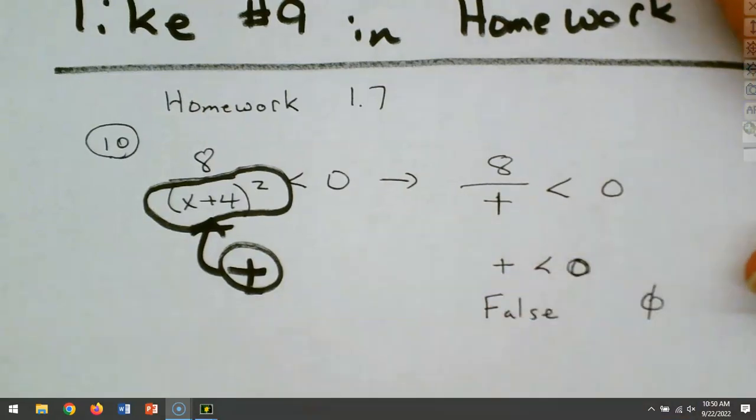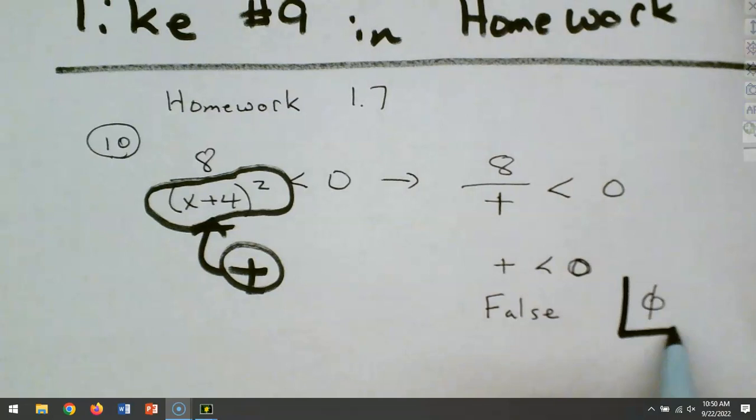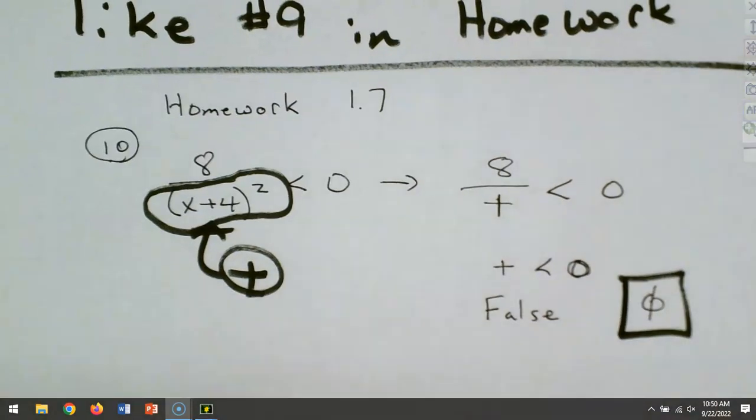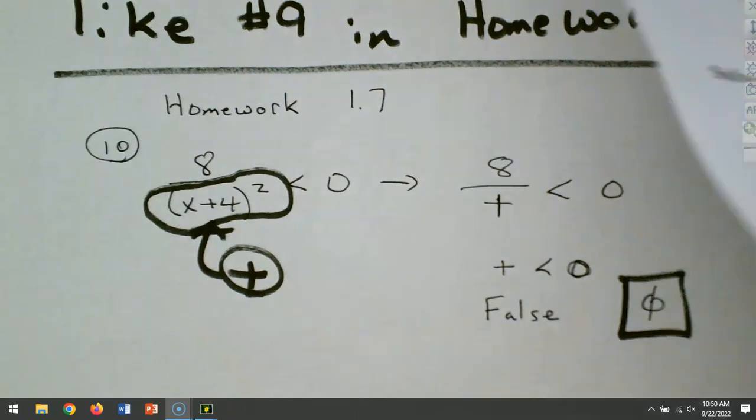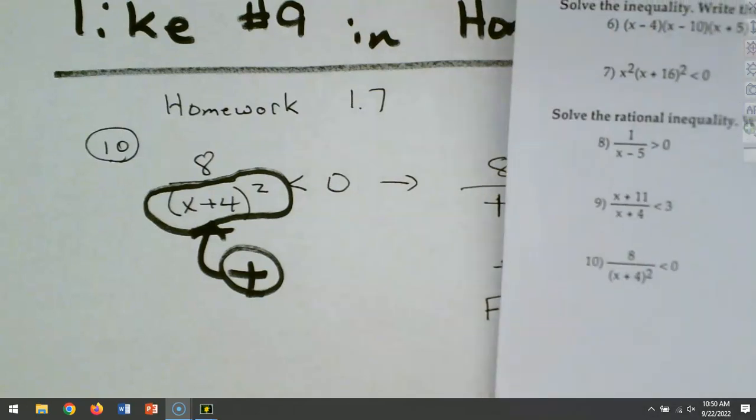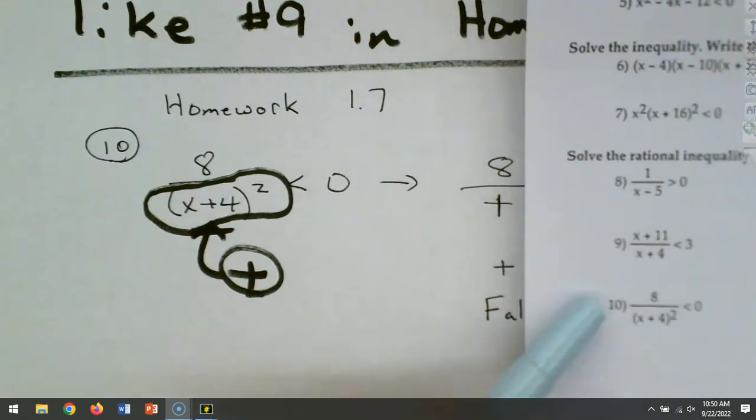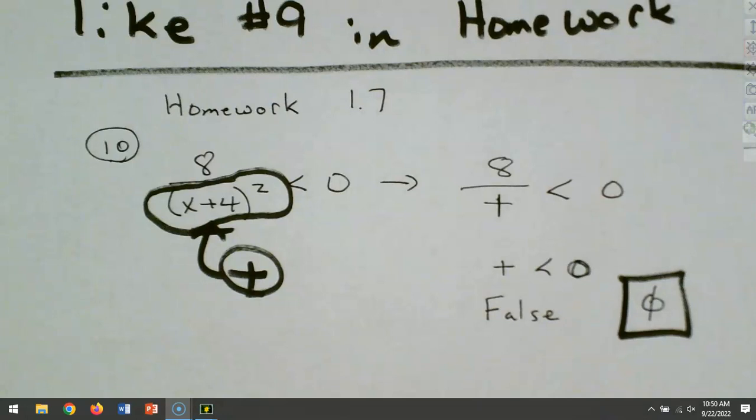And you would have what? No solution. We just didn't quite have enough time to cover an example of one of these, so I just worked it out. So for question 10 in your homework, what's the answer going to be? The answer is going to be no solution. Because that cannot happen, because when you square